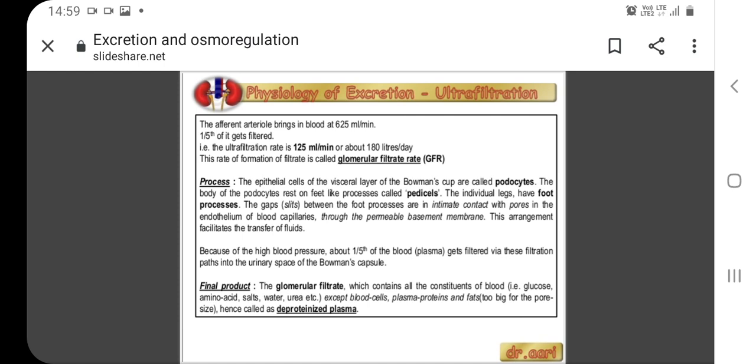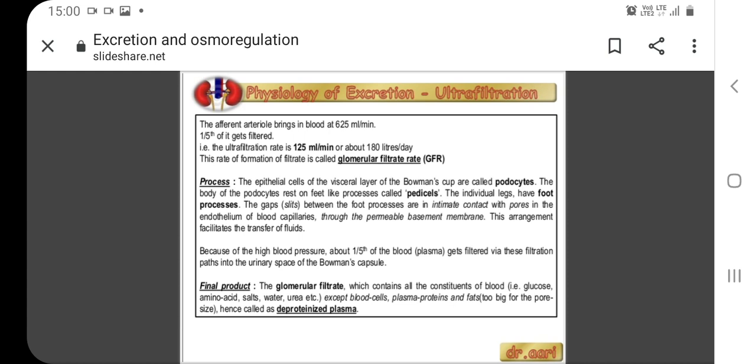Now, what is the purpose of stating about the glomerular filtration or about the effective filtration rate? What is the purpose? Why are we saying all this? The purpose is only to explain how many ml of the filtrate per minute is obtained,